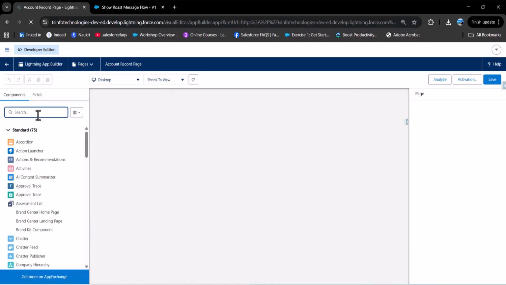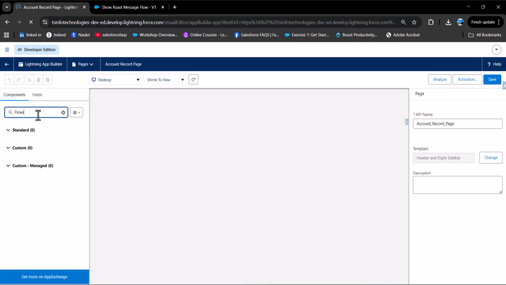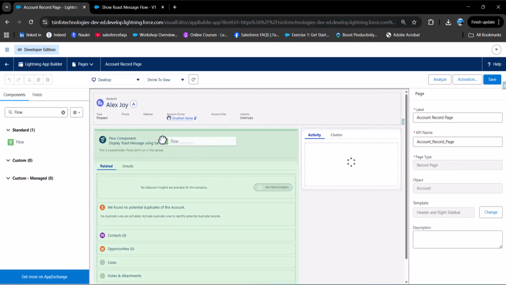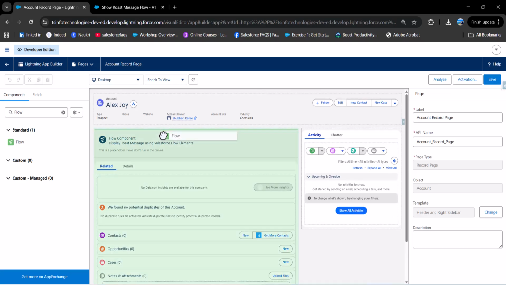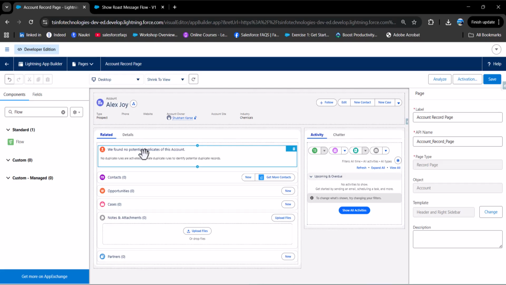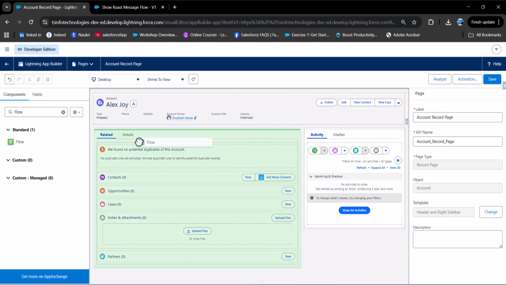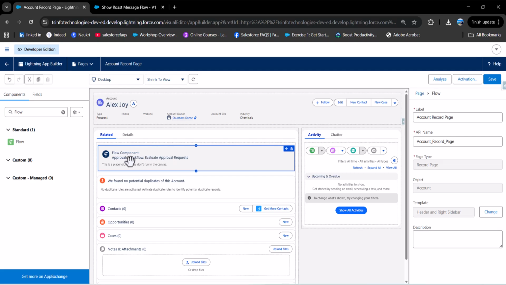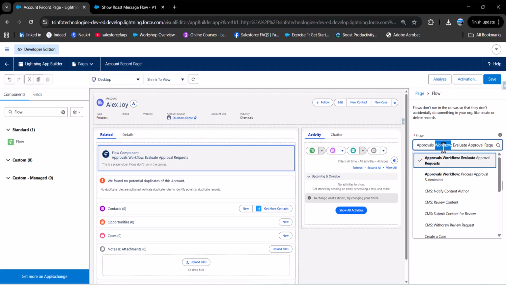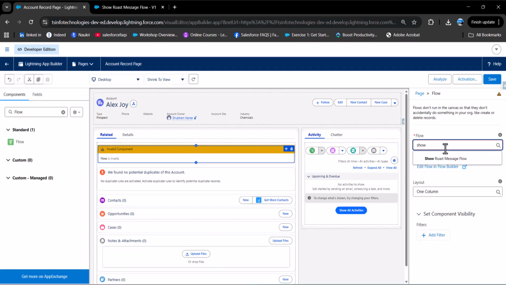In the components, search for the flows. Here we have the standard action, which is flow. Drag this and drop where you want to add. So here let me first remove the previous one. And now let me add another flow. So here we have added the flow component, and now we need to select the flow name that we have created. So we created show toast message flow,